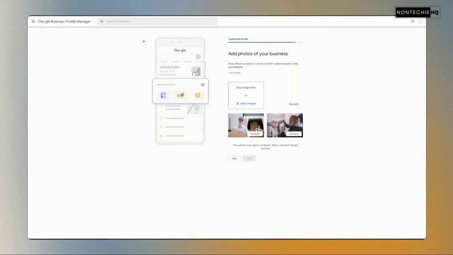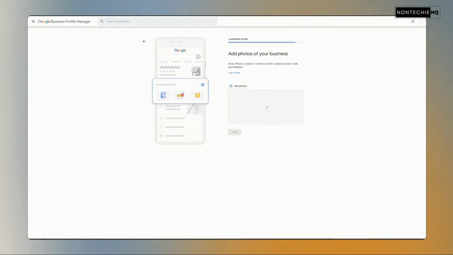So now we'll add photos for our business. I always like to add the logo because, once again, going to the brand piece of this, I want them to be able to see it, identify that it's me. And even across the board, be able to see me on social media and such. They know that this is it. So you can add your photos. This is another area that you could update later. So I have my logo in. Let's see if it'll let me add another one right now. I might add it later.